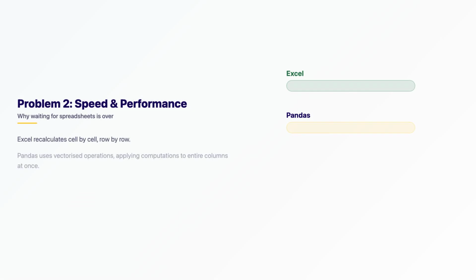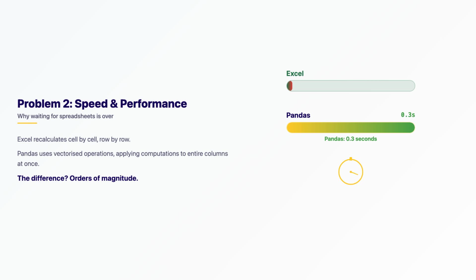Problem number 2, speed and performance. When you write a formula in Excel, it recalculates every cell one at a time. With a small dataset, this is fine, but with hundreds of thousands of rows, it becomes painfully slow. Pandas works completely differently. It uses something called vectorized operations. Instead of looping through each cell individually, Pandas applies calculations to entire columns at once using highly optimized C code